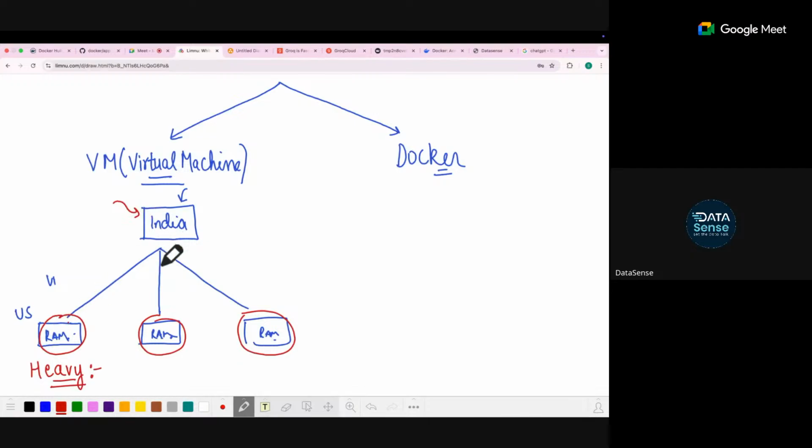They will utilize these RAMs directly. So even for a small application, these systems are not using the central RAM which is available. They are just utilizing the RAM of each of the systems. So things become a little bit cumbersome as your number of machines increases.